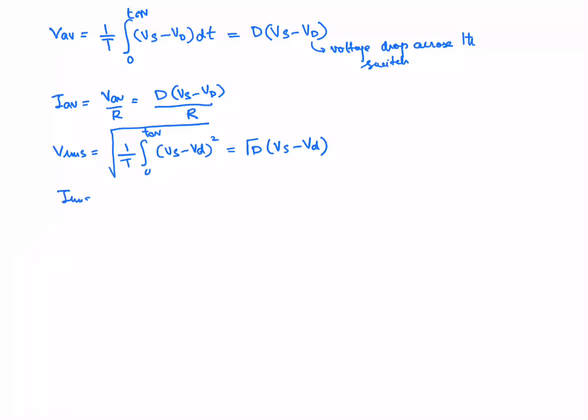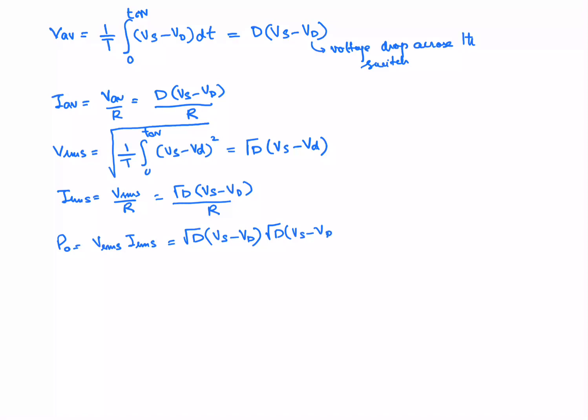So similarly the RMS current will be equal to Vrms by R, so that will be equal to under root D into Vs minus Vd by R. And now the output power will be equal to Vrms into Irms, so that will be equal to under root D into Vs minus Vd into under root D into Vs minus Vd by R, taking the expression of the voltage and the current. So if we simplify this one, that will be equal to D times Vs minus Vd square divided by resistance